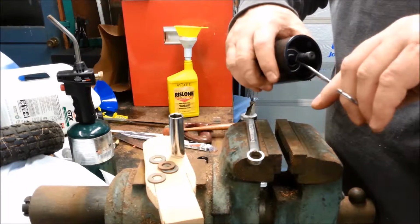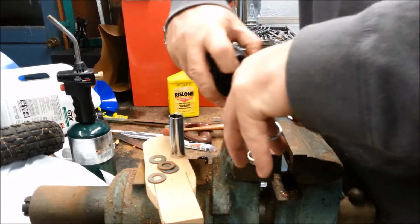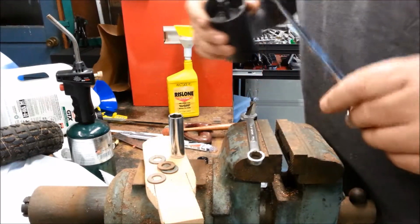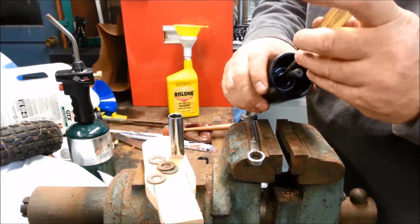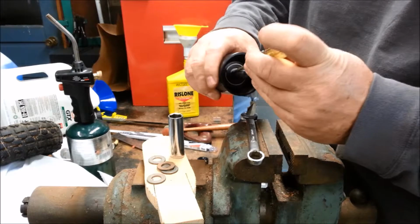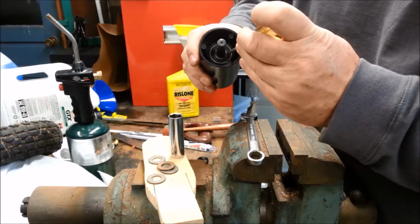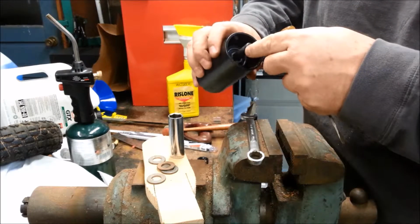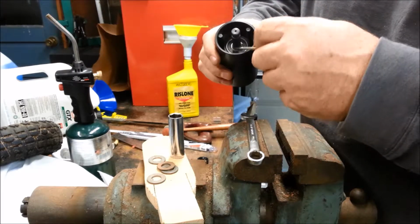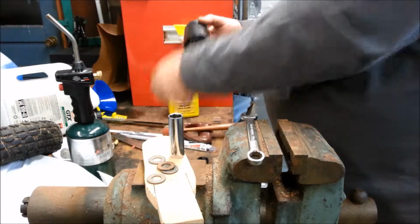If I had a tube, I could just push it down and it would jump in the groove. There we go. Now I'm close enough. So I'll take a screwdriver and work it down. Have it in there all the way? Yes. Okay, now I've driven the bearings together